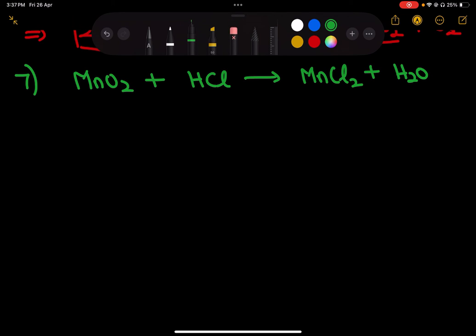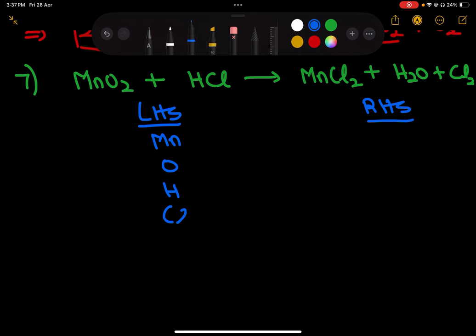So this is also important. Okay, so it is manganese. So MnO2 is manganese dioxide plus hydrochloric acid, that is hydrogen chloride, gives manganese chloride plus water plus chlorine gas. Okay, simple. Okay, so let's write down LHS, RHS. So we have Mn, O, H and Cl. Mn, O, H and Cl. So Mn1, O2, H1, Cl1,